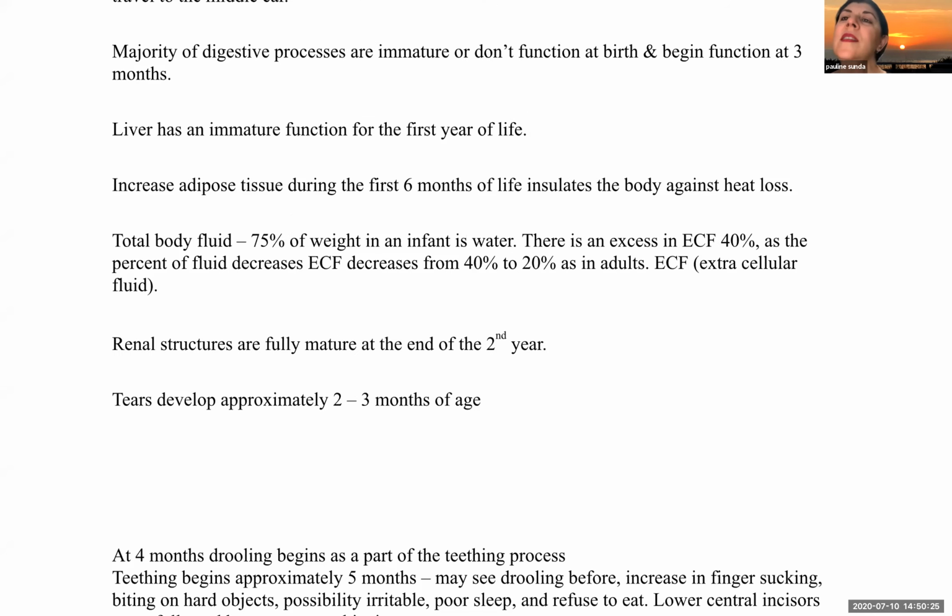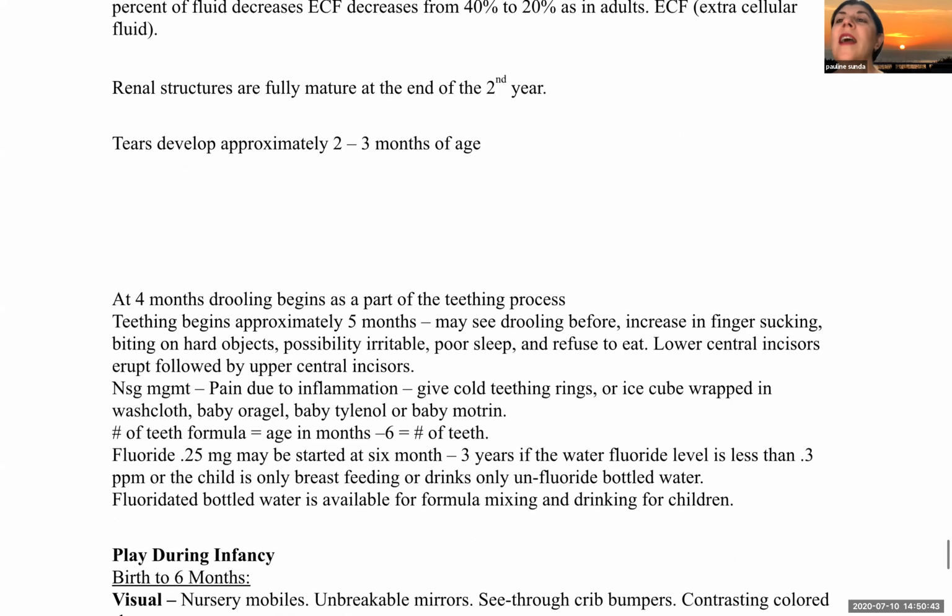Majority of digestive processes are immature and don't really function at birth and begin functioning about 3 months of age. The liver is immature during the first year of life. An increase in adipose tissue during the first 6 months of life insulates the body against heat loss. Renal structures are fully mature at the end of the second year, and tears typically develop between 2 and 3